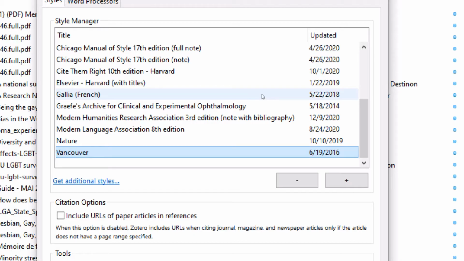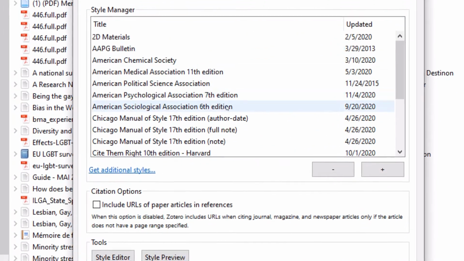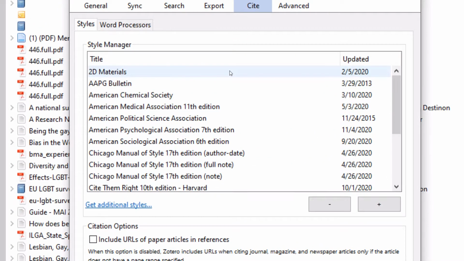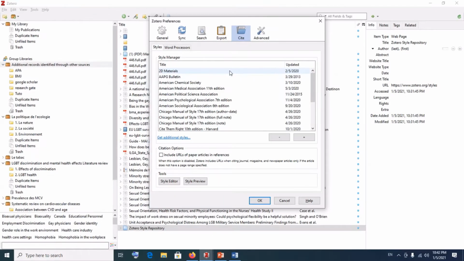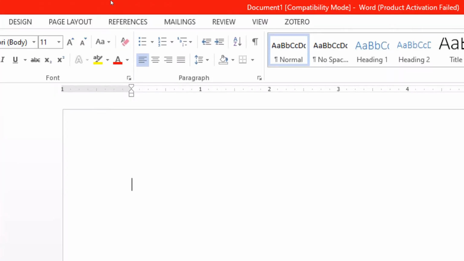But to prove to you that these are the available styles, as you can see, we have these styles over here. And what that means is that when we come to our Microsoft Word, as you can see, we are in Microsoft Word. Let's assume I'm writing something. If I should say diabetes is a deadly killer,